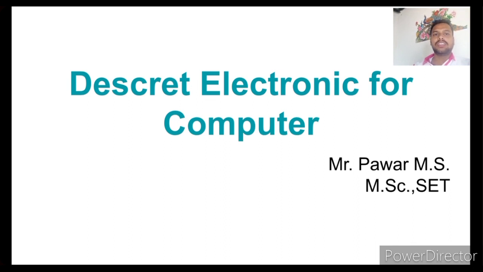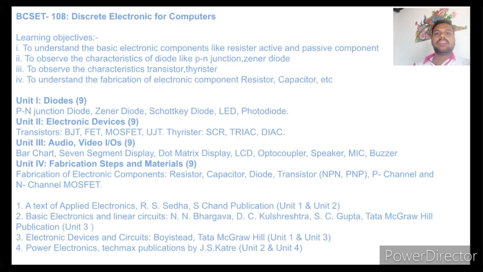Today we will discuss the syllabus of Discrete Electronics for Computer. The paper code is BCS ET108, Discrete Electronics for Computer. The objective of this paper, first, is to understand the basic electronic components like resistor, capacitor, inductor, diode, such as active